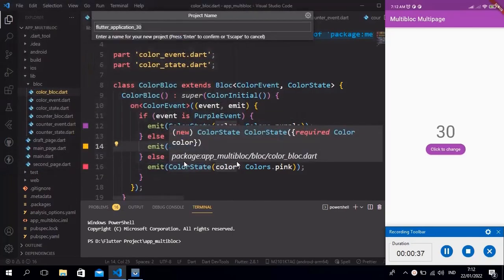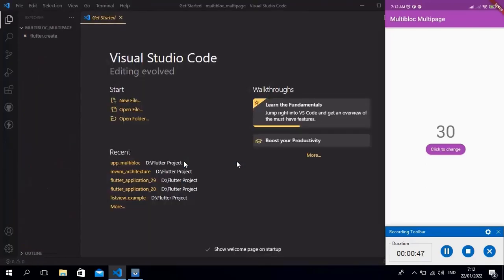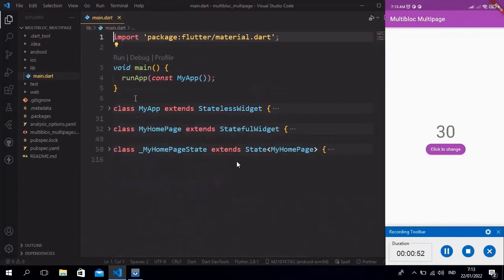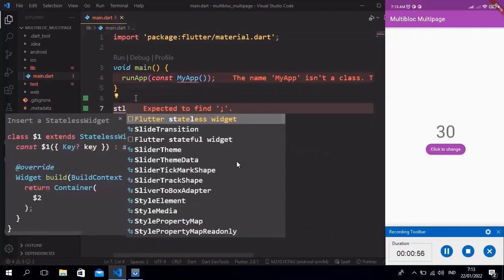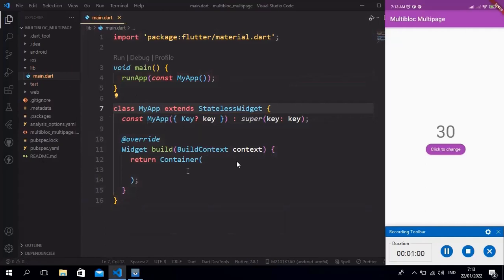First, we have to create a new project. We name it multi-block, multi-page. And we need to delete the classes that we don't need. And then we create my app class first.